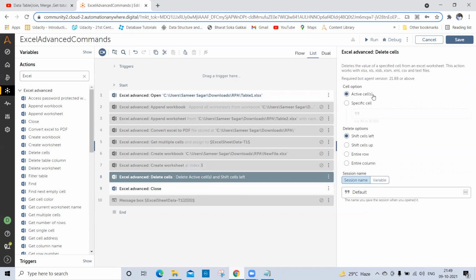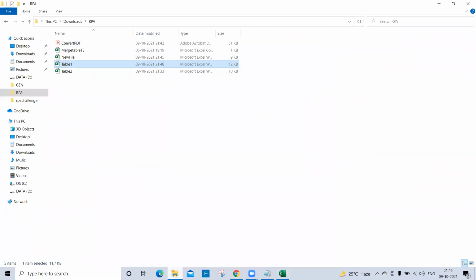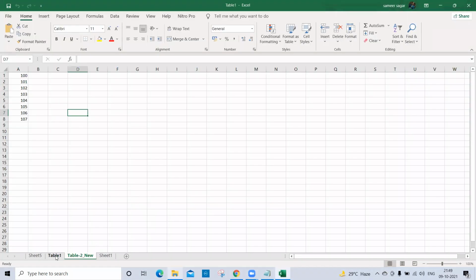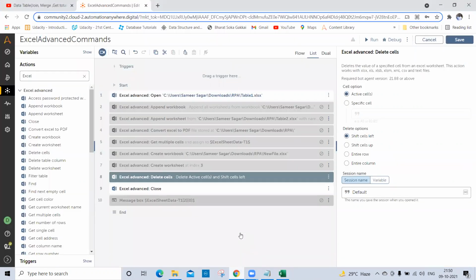Suppose I want to delete a cell value from this table 1. From this sheet, I'll copy the sheet name. From this sheet, I want to delete this one. Okay, A2. Yeah. So how can we do that?